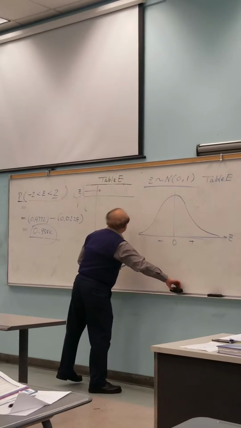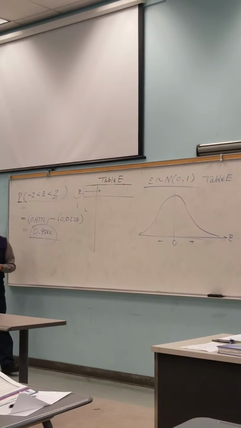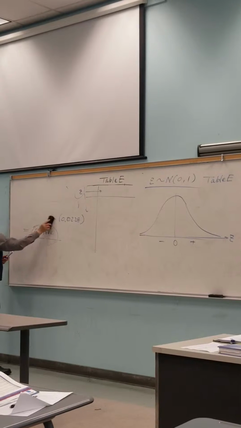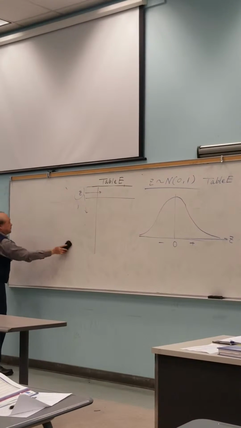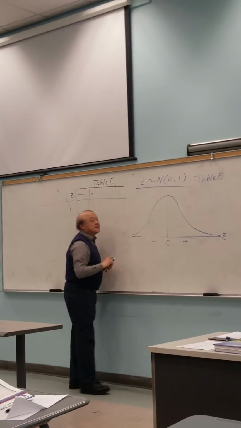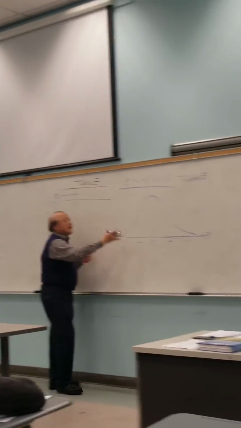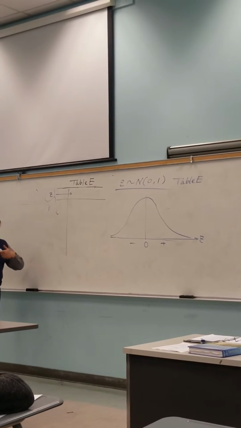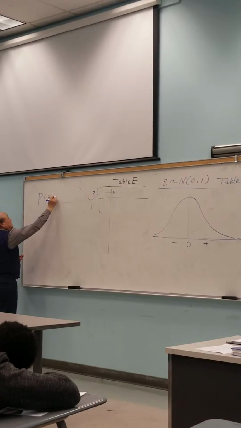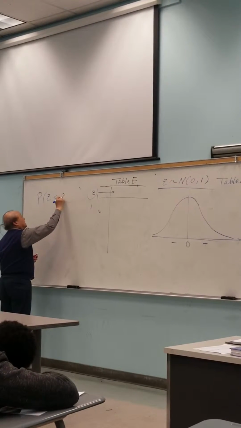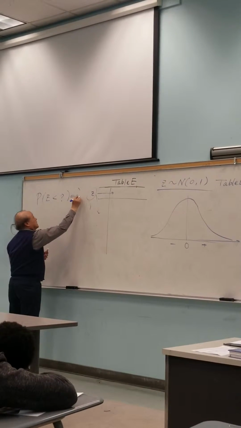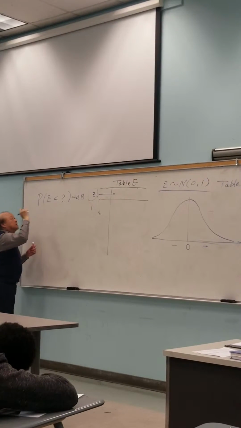Now you understand how to answer probability questions. Now let's learn the second kind of question. It's also very important. Just now I gave you points on the z-axis and asked you for the area. Now the reverse way: I give you the area, and the question is the z-score. Okay, what is the question? It says